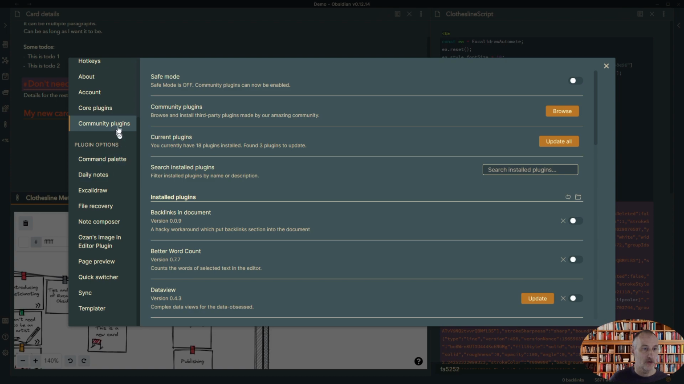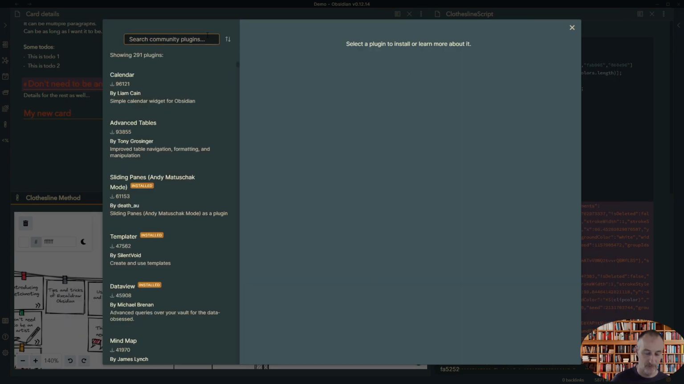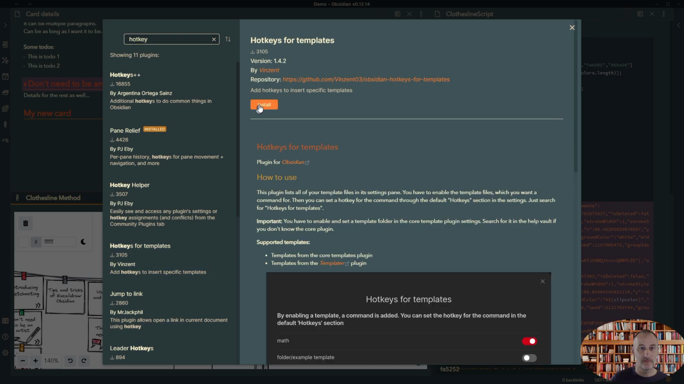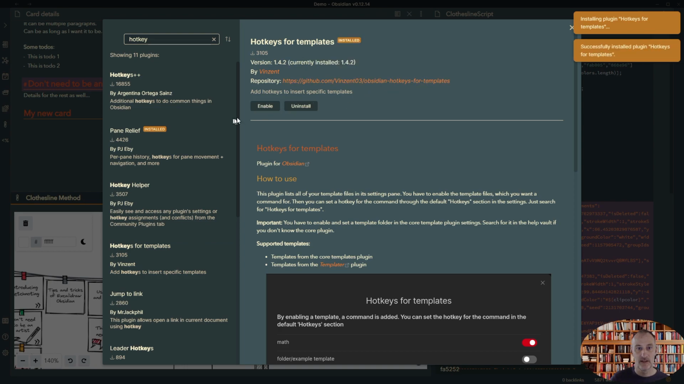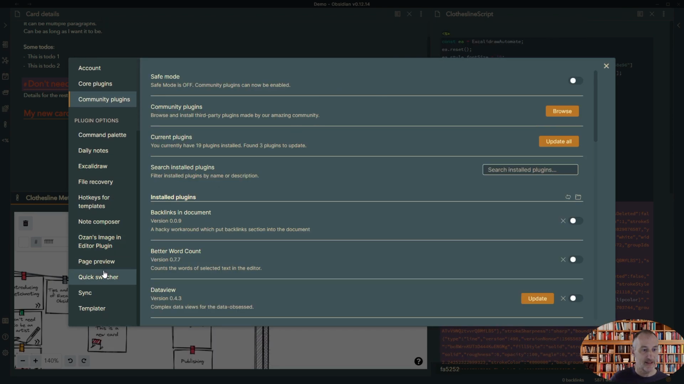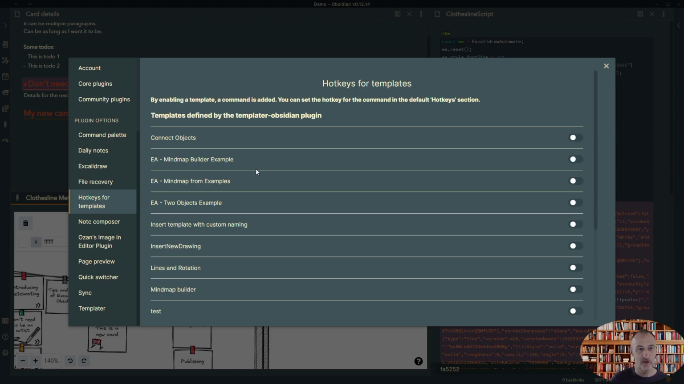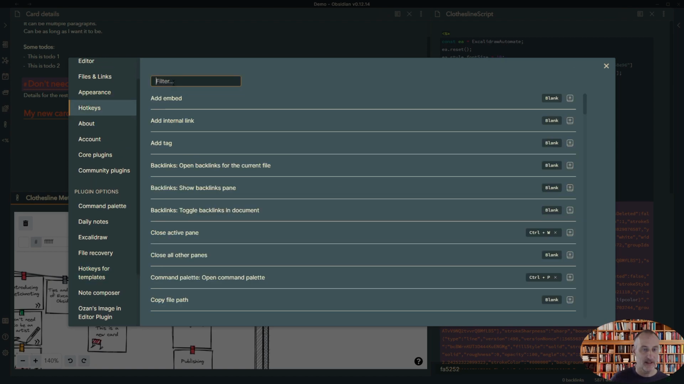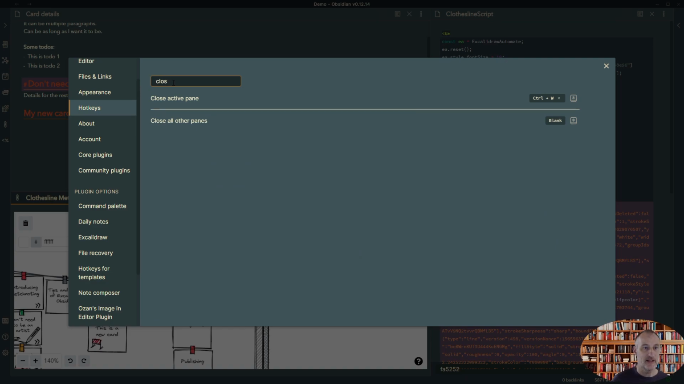implement the hotkey for templates plugin. Let me install hotkey for templates. That's great. Let me enable it, and then let me go to settings. What I want to do is I want to add a shortcut key to my new template. So hotkey for templates, and here I'm going to look for my clothesline script, and I activated this as I want the hotkey for that, and I come up here and I look for my